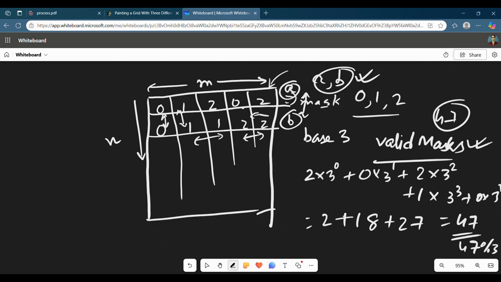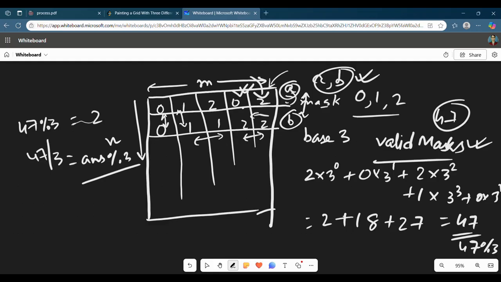From 47 mod 3 the value will be 2. Then I do 47 divided by 3, and whatever answer I get, that answer mod 3 will be the next value. Then again I divide the answer by 3, and that value mod 3 gives the next one. So these bits I can form in this way.